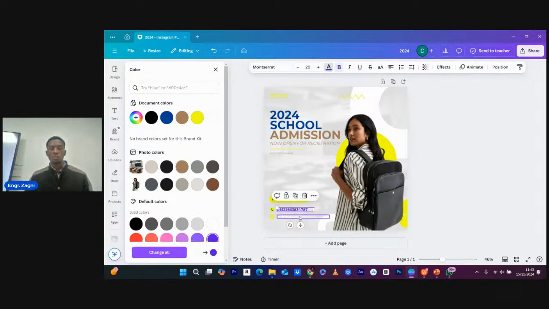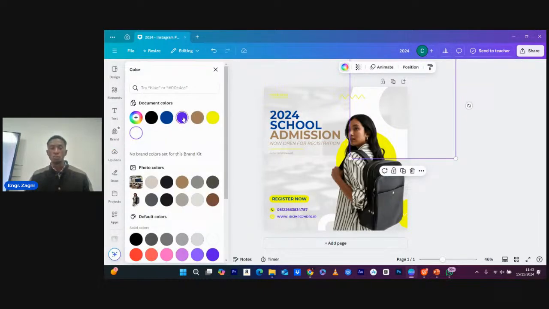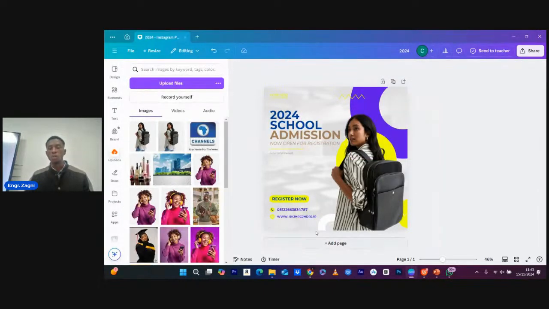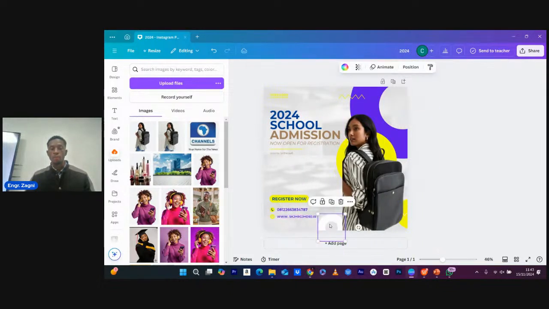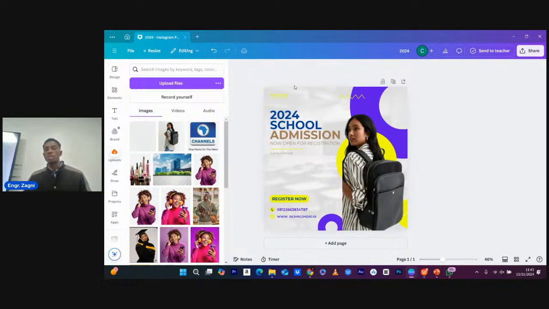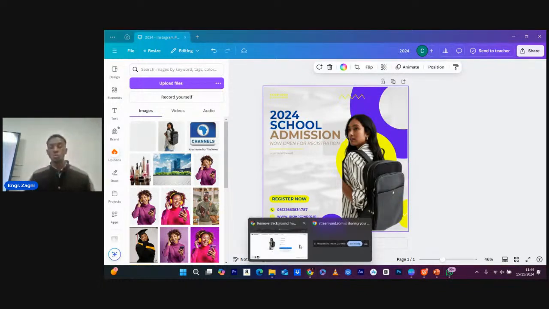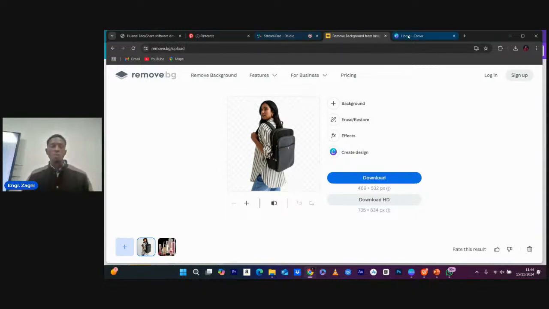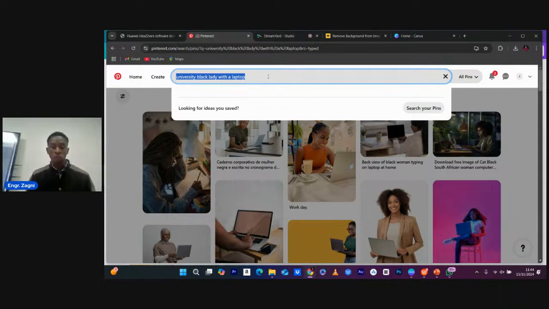So I'm changing all the background, whatever it is. I'm going to also change this one to maybe let's say blue so that it will come out very well. Change this one also to this one also to let's say blue. So it depends on what you want to do. You can decide to say, oh, you don't want to use the background also. So you go to the same Pinterest, and then you look for a background of your choice. I can decide to say I'm looking for a